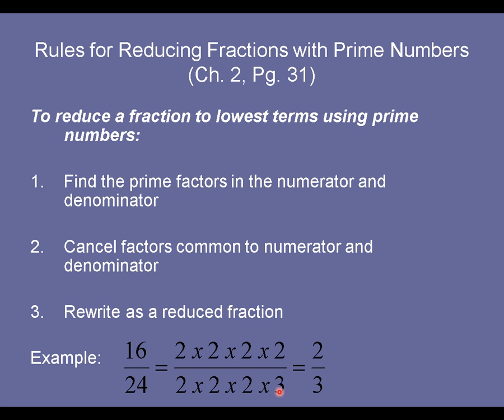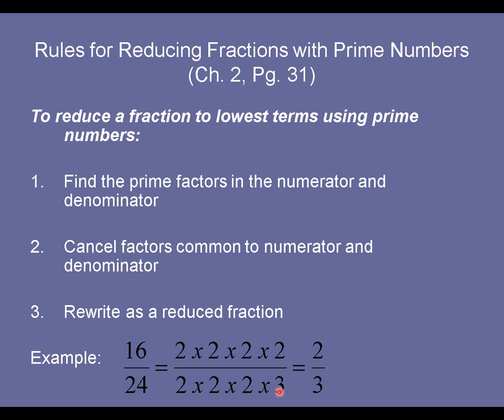You can cancel between numerator and denominator, because here you have three 2's common at the top and bottom, so you can cancel out all those 2's. And you'll be left with only one 2 and one 3 at the top and bottom. So you have four 2's at the top, and at the bottom you have three 2's and one 3. So you can cancel the same number at the top and bottom, and you'll be left with only one 2 at the top and one